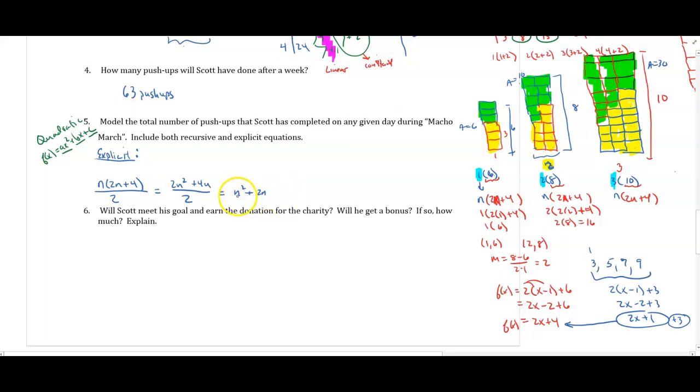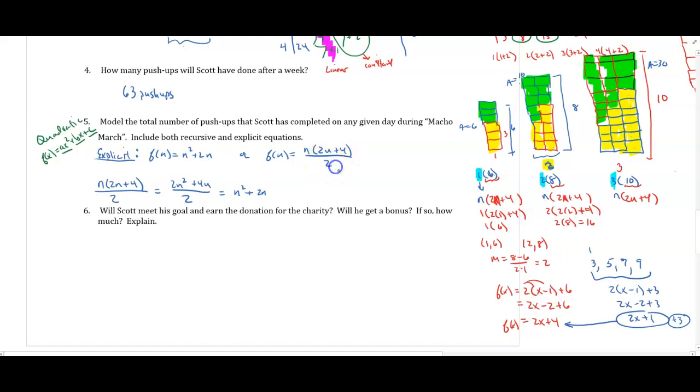And right away, if I look at this, you could have f of n equals n squared plus 2n. Or for the explicit rule, I would allow you to say f of n equals n times 2n plus 4,